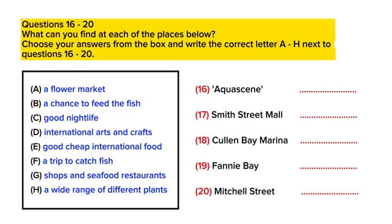Then, if you've got any energy left in the evening, the place to go is Mitchell Street. That's where it all happens as far as clubs and music and things are concerned. You'll bump into lots of my friends there. Talking of friends, why don't I give you some email addresses? I'm sure they wouldn't mind if you...